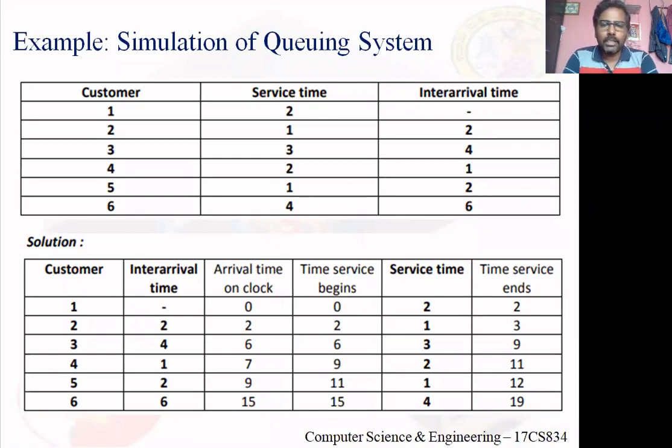What are the 3 things I will track in this table? One, when each of the 6 customers will arrive. Two, when each of the 6 customers' service will begin. Three, when each of the 6 customers' service will end. Okay. So now how to track? See here, I said N is fixed, that is, I'm simulating 6 customers, so I need to create 6 rows. In the first column, customer numbers, let it be 1, 2, 3, 4, 5, 6. We need to fill row by row, not column by column.